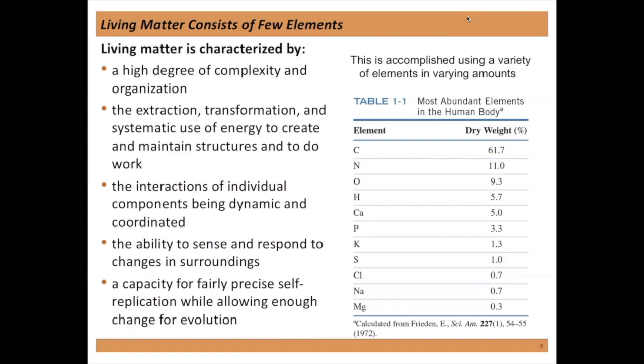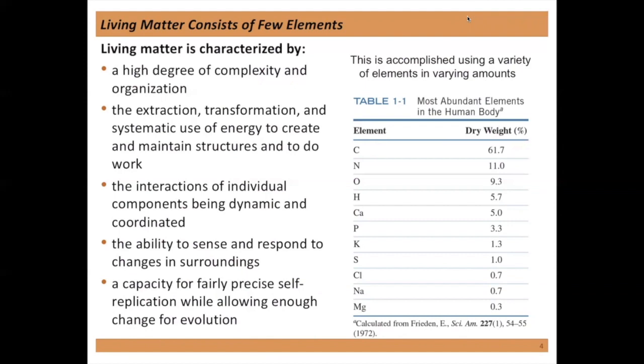And this is all accomplished by using a variety of elements, with the majority of life being made up from carbon, nitrogen, oxygen, and hydrogen. But really, all life contains what I was taught: CHONPS. Carbon, hydrogen, oxygen, nitrogen, phosphorus, and sulfur. Those are the elements of life. And so those are incorporated into much larger and much more complex